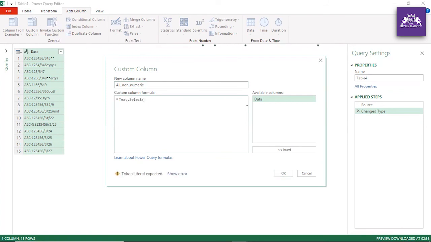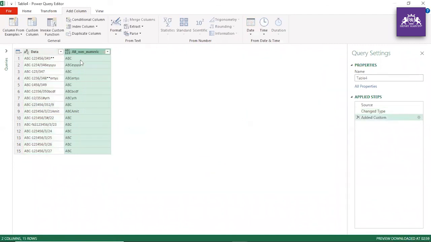Okay, again you have to select this, and then comma, curly bracket. What you can do, "A" dot dot "Z". All right. So let's do that and now see what result we are getting, guys. So now you see we have extracted all non-numeric characters, all alphabetical characters, guys.